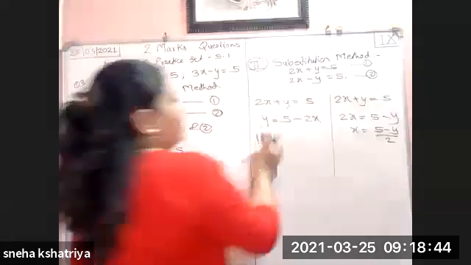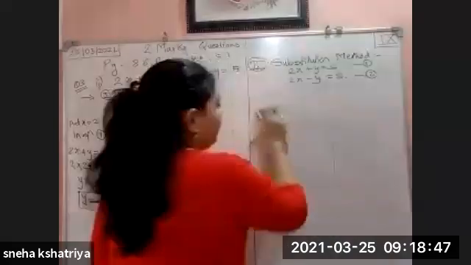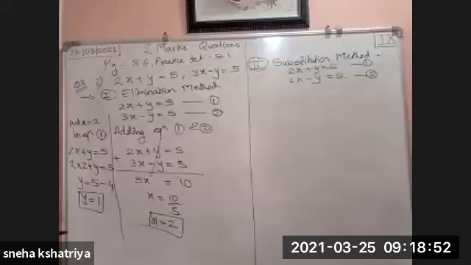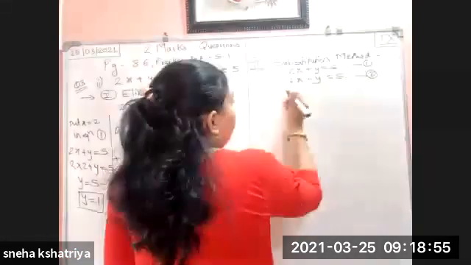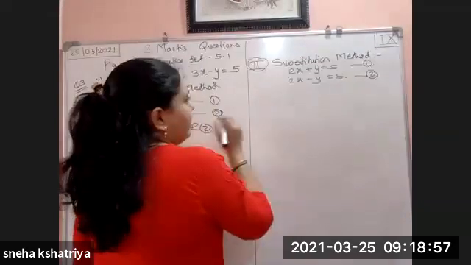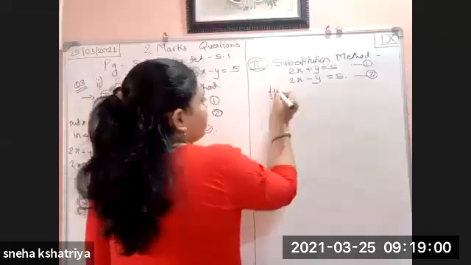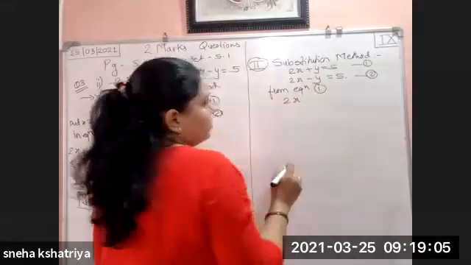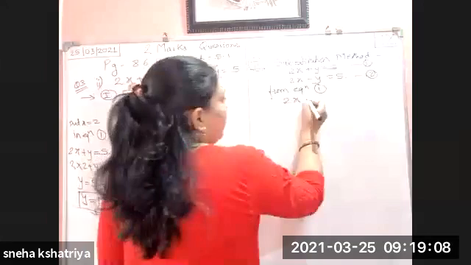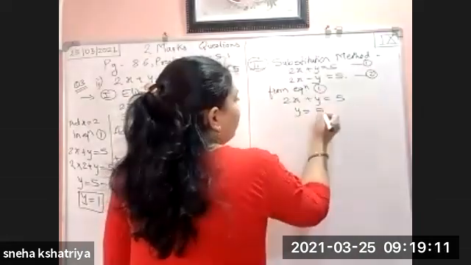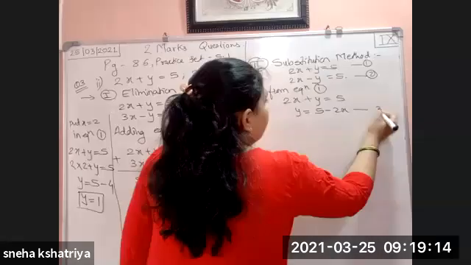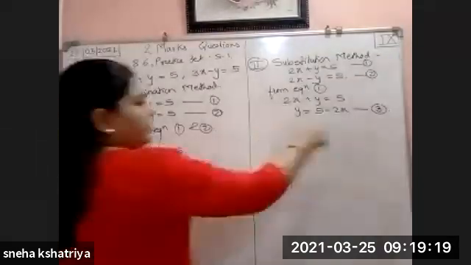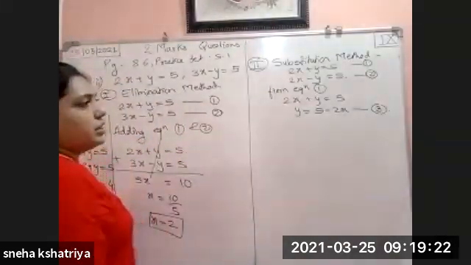So it is very easy and simple: if any single variable is there without any constant number, then you can find the value of that variable. Okay? From equation 1, 2x plus y is equal to 5. y is equal to 5 minus 2x. Say it as equation number 3. So we get the value of y is equal to 5 minus 2x. Let's shift to the right hand side. Now put in equation 2.